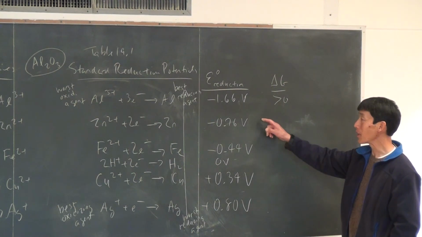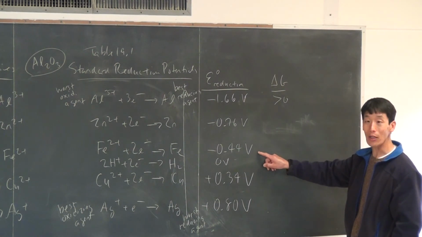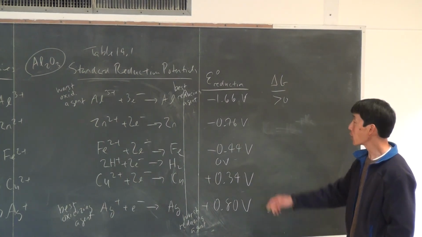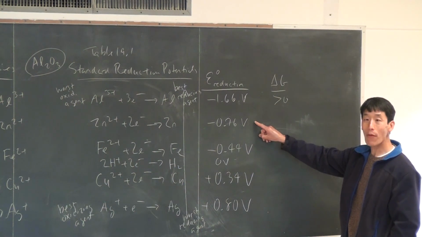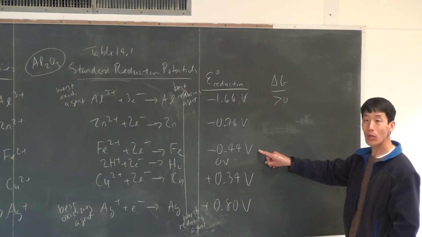Yeah, so I think it's going to be zinc and iron. That'll be the smallest difference. So would zinc be your anode or cathode? So zinc would be your anode, iron would be your cathode, and the bulk